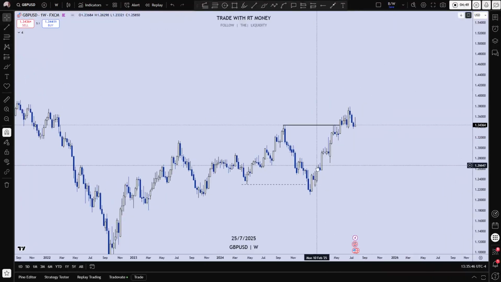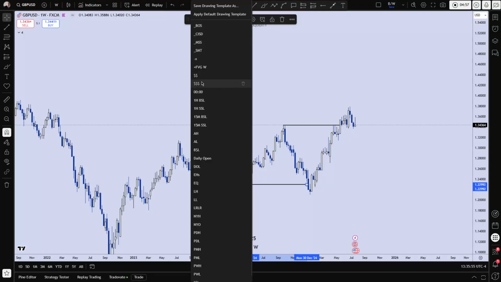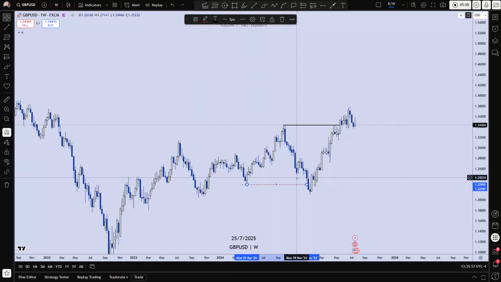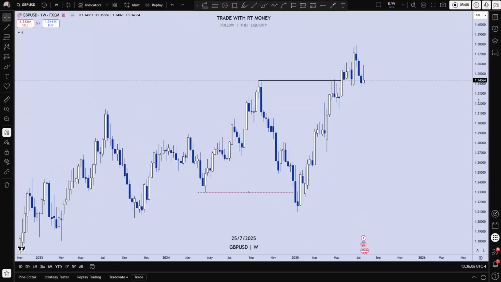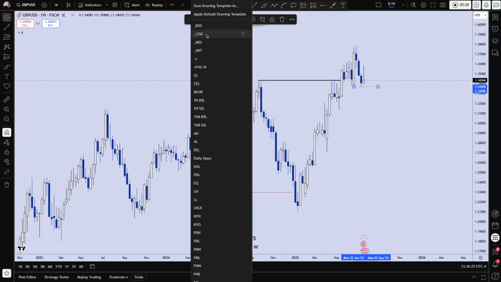What we see is price came down, stole the liquidity down here, as we saw on the monthly time frame, took that liquidity and then pushed higher, breaking this high, trading above this high. We see that impulsive move a few weeks ago here. This is the weekly time frame, right? And you see that we are overcoming that push. This, if we wait patiently, will become the CISD, the change in the state of delivery, in my opinion.